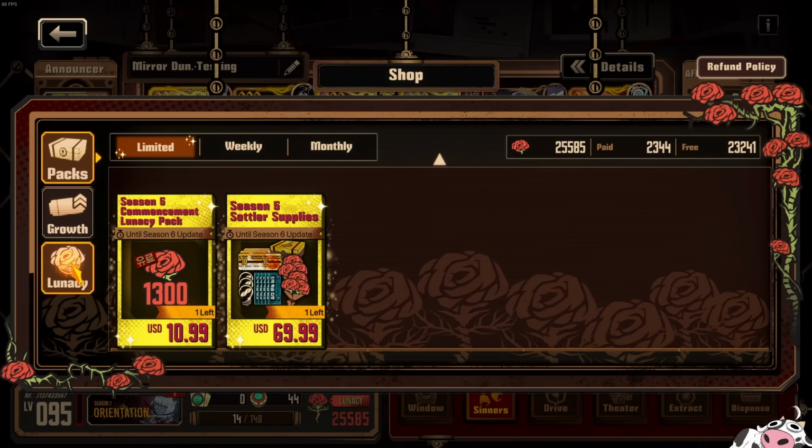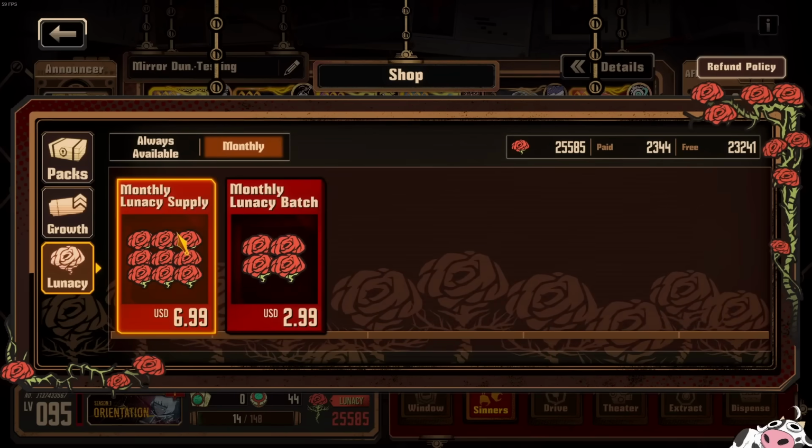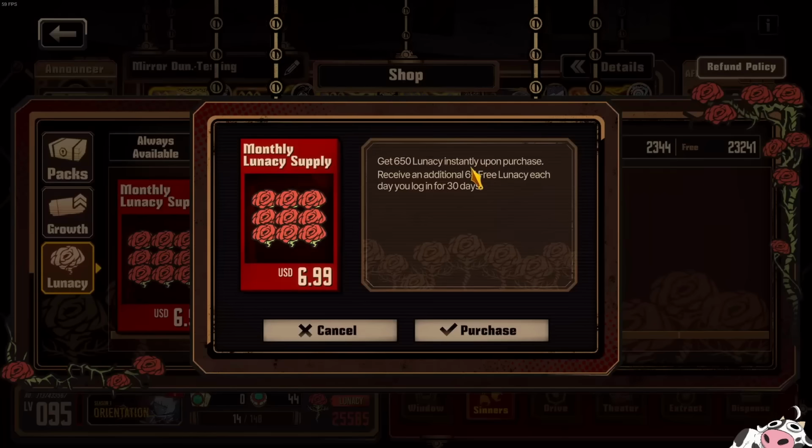The other option you can do is Lunacy. Go to monthly Lunacy supply, and you buy 2 of these. This is going to be 14 USD in total, I rounded up, and this is going to give you 650 times 2, 1300 paid Lunacy. It doesn't say paid here, but it is paid. And then you also get 65 free Lunacy times 60 days. So that's going to be extra resources for you to pull on Arknights, or to pull on Walpurgis, or for